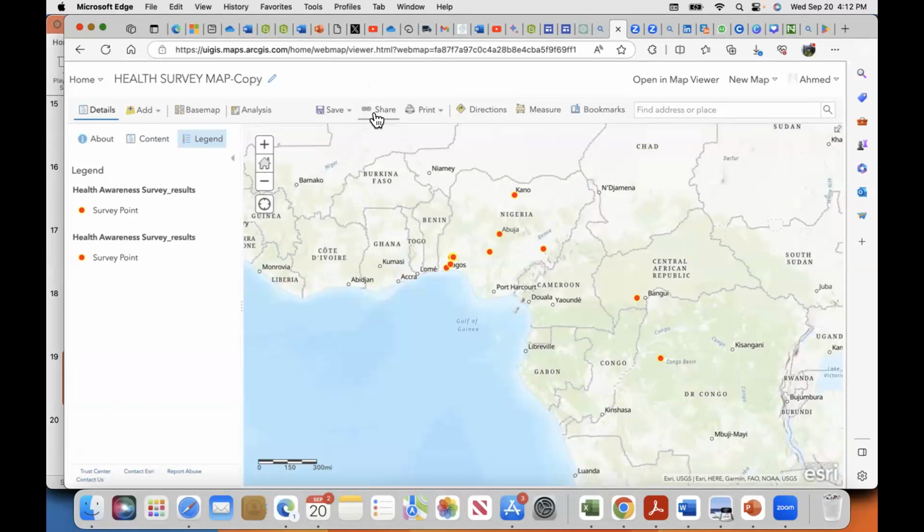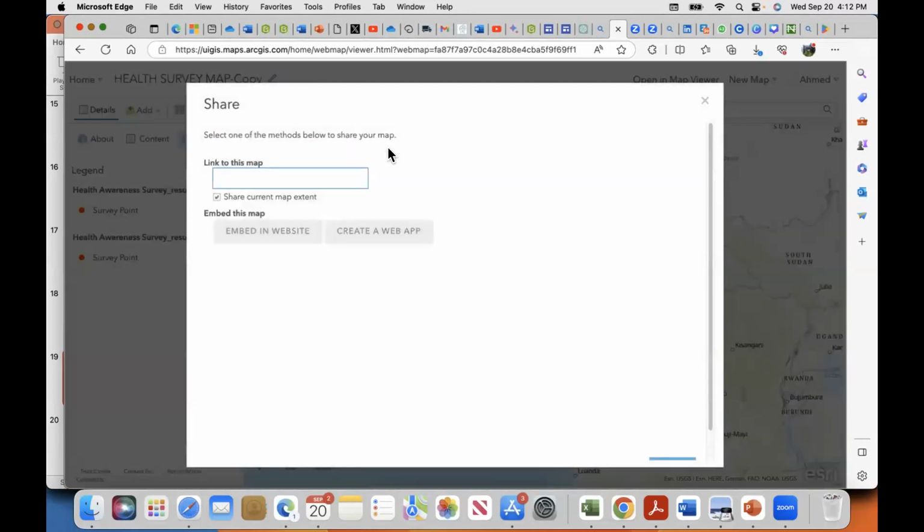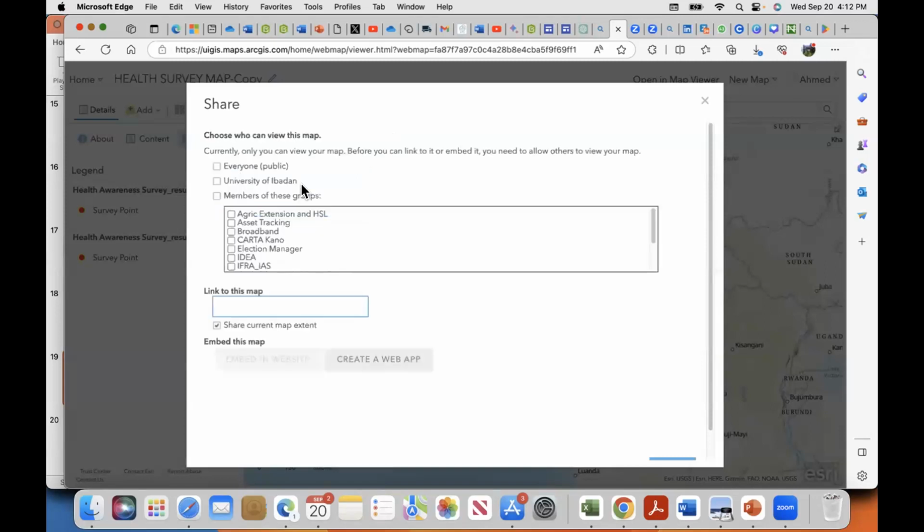Now we want to go to web app, and we can create a web map in a different location. We can do that through another tab, but I want to create a web app with this ArcGIS Online and the health survey map we are working on.